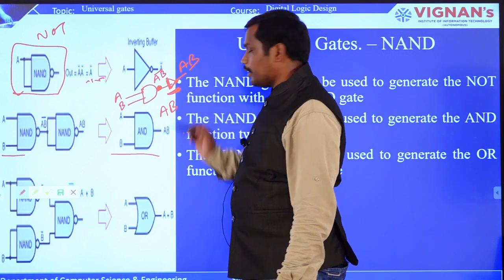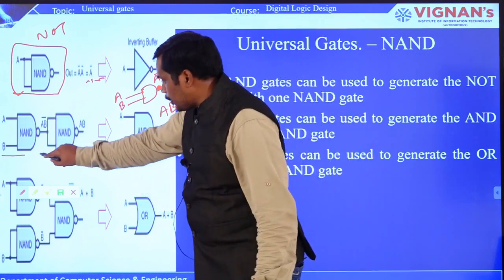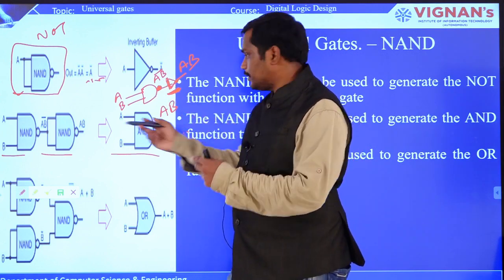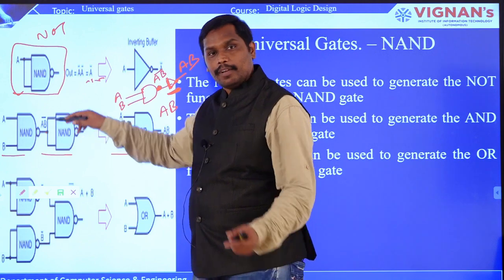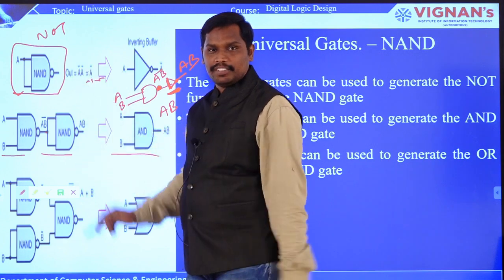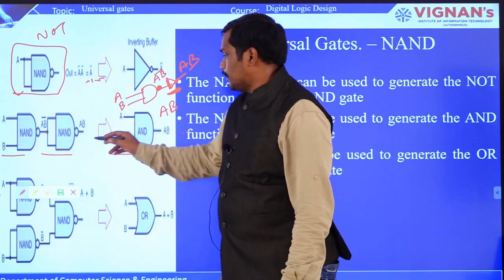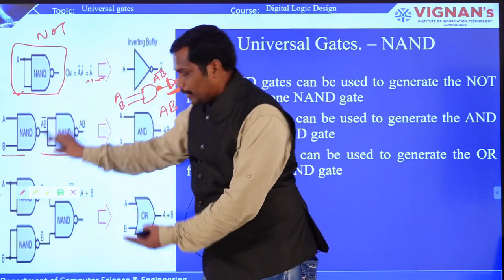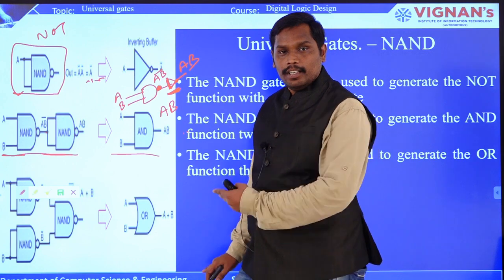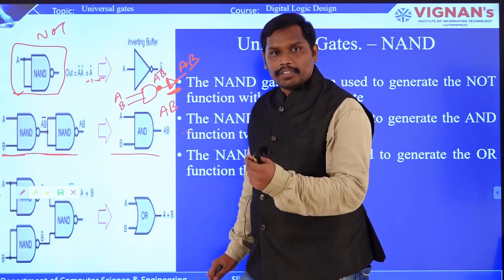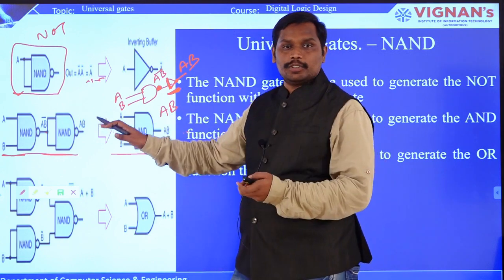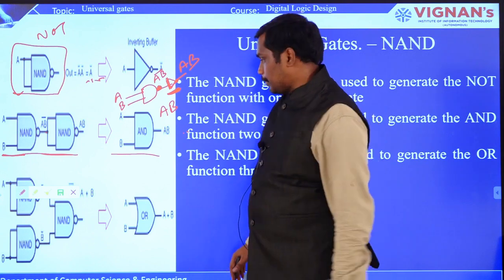Now this particular NOT is again converted to this particular symbol, where you will get AB. The input is given twice, right? When it is given twice, then it acts as a NOT, because you can see here this is a NOT gate in NAND representation. So you can see that the AND gate can be represented with two NAND gates like this. Is it clear how you are going to get the NAND representation for the AND gate? So this is why we call NAND a universal gate. NAND and NOR, you can convert all the structures to this diagrammatic form. Right, fine.